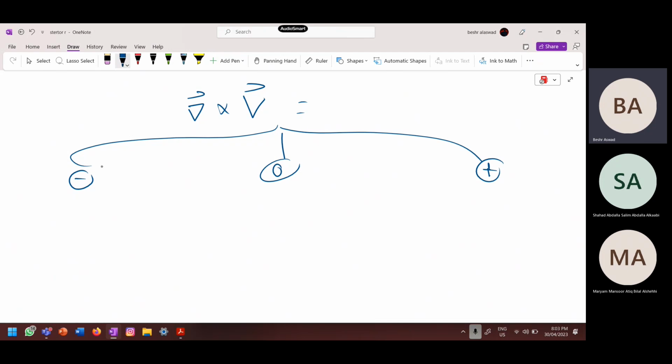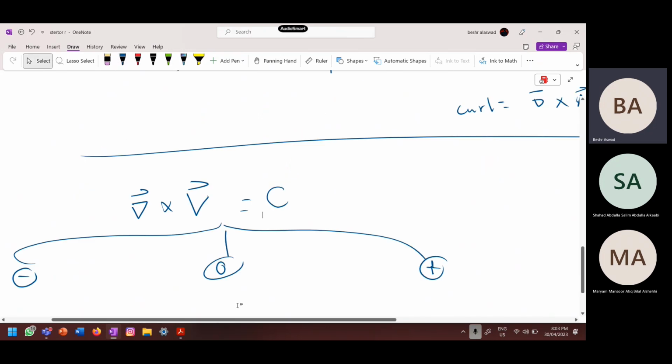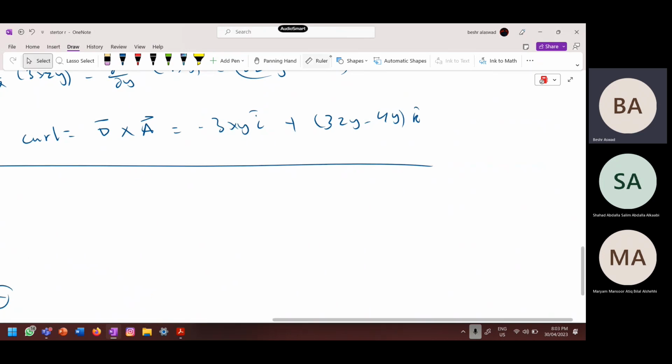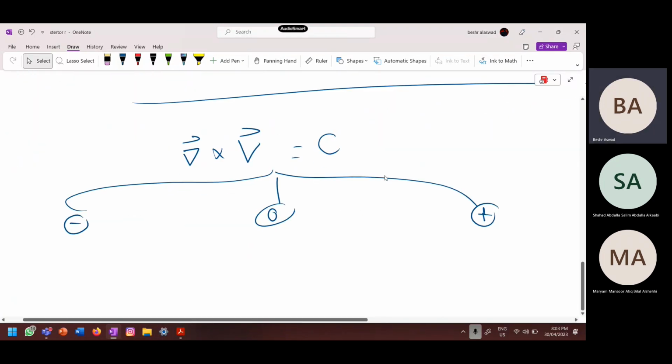Usually it's a constant, by the way. I'm speaking about when it's a constant, or when you're given certain constant values of x and y, let's say x is equal to 4 and so on, and you're required to check this. Now, whenever you have 0,